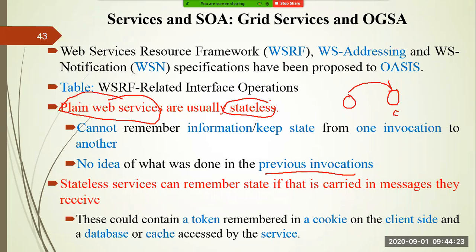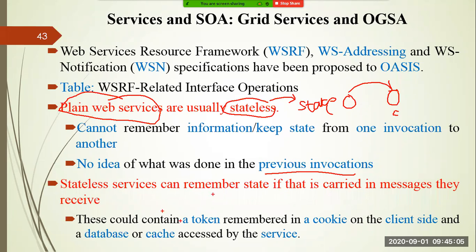So you can convert a stateless service to a state-based service, right? How can you move a stateless service to a state-based service? Whenever your message is communicated, the state is carried in the message. By observing the message you are receiving, a stateless service can remember the state, right? Each and every message has the state information of the previous things: which state has sent this message, which state has forwarded this message, which path it is following from the starting to the ending. Everything will be recorded.